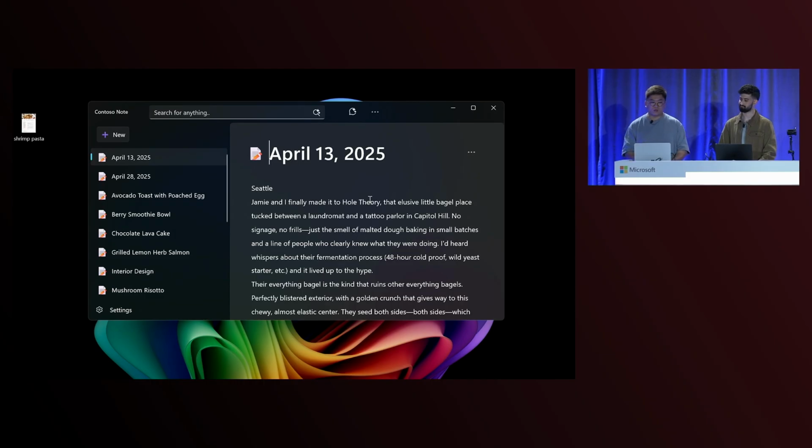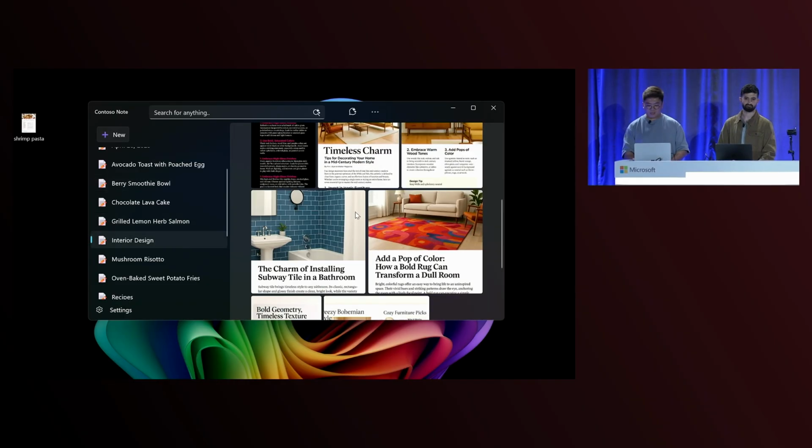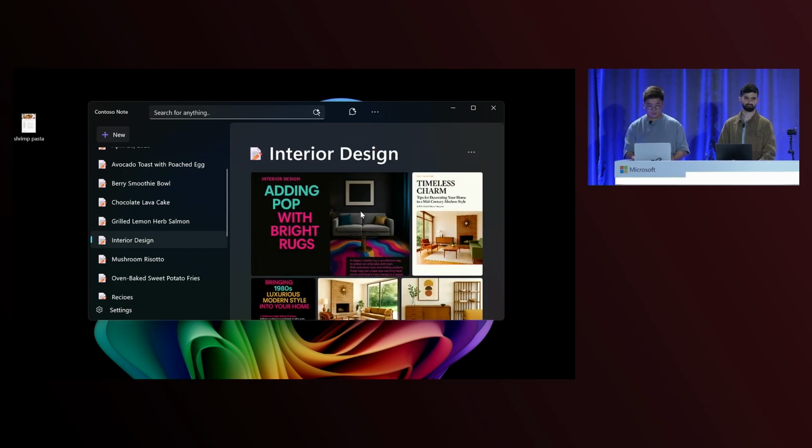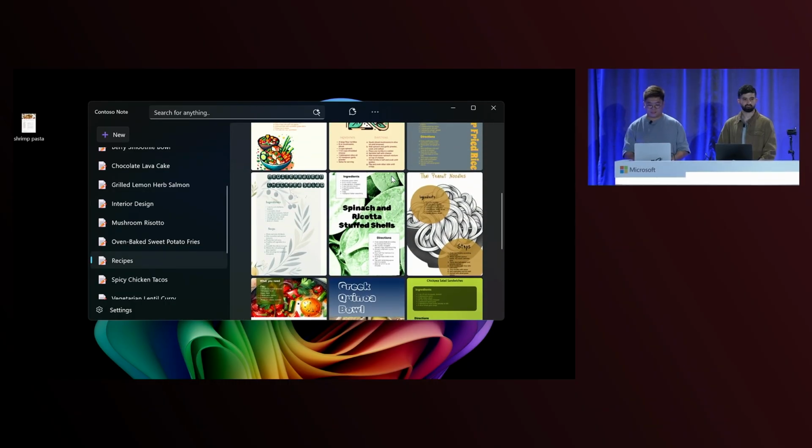I have this Contoso Note app, which is preloaded with a bunch of my notes. I have my own journals. I have my recipes, and those are all text content. But I also have a bunch of interior design ideas because I'm doing a home project, and these are in images. And I also have recipes that I captured from different cookbooks, let's say.